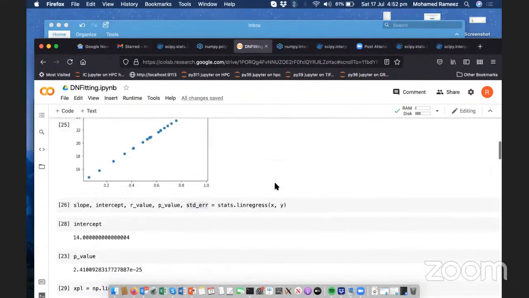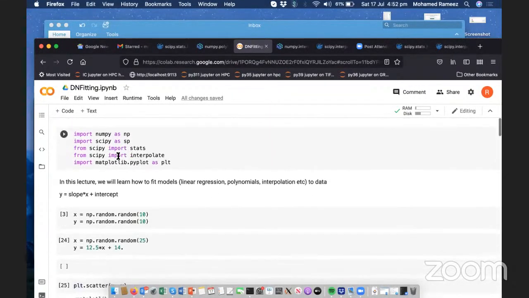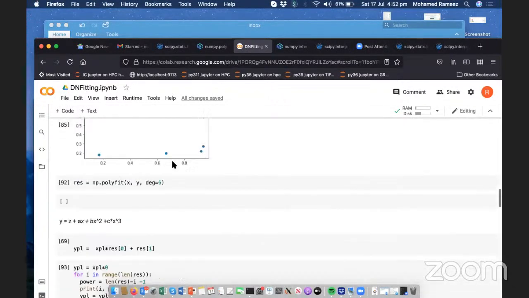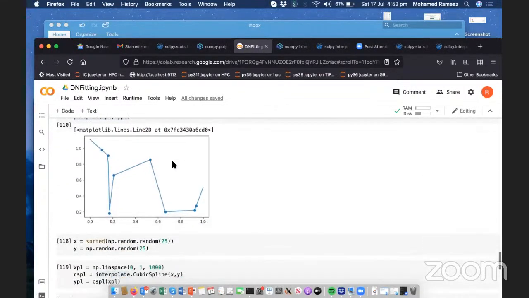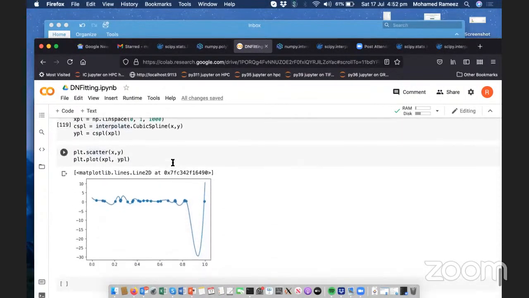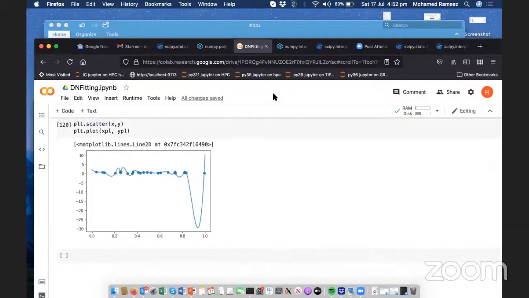Polynomial interpolation, yes. And as you see, these are all from the SciPy interpolate package. So there are multiple different types of splines. Those of you who have done some engineering might be aware of things like Hermite splines, B-splines, etc. Or also you can have polynomial splines of higher order, cubic being the third degree case. There are, I believe, also quadratic splines. And you will find all of these in